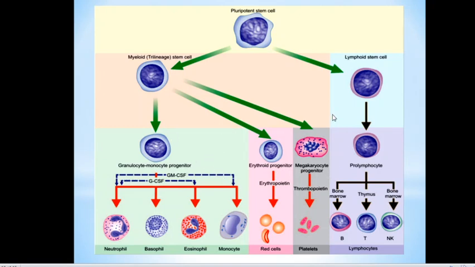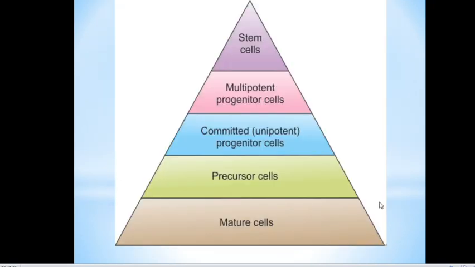So let's look into lymphoid stem cells. We have three types from the lymphoid series. We have the B lymphocytes, T lymphocytes, and the natural killer cells. B lymphocyte formation takes place in the bone marrow, T lymphocytes in the thymus, and NK, natural killer cells, in the bone marrow. So this is a series or the hierarchy of